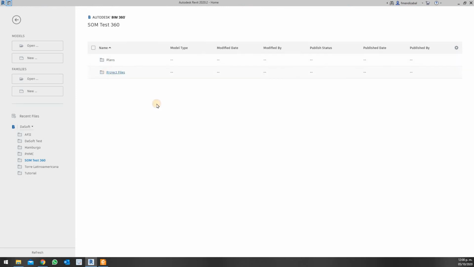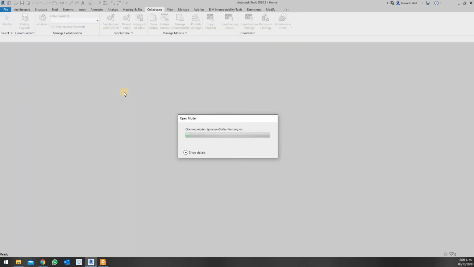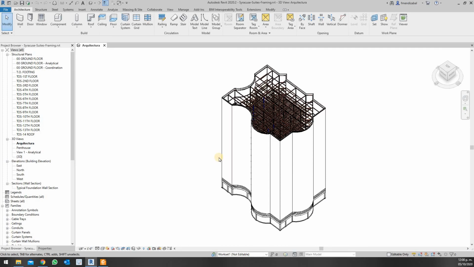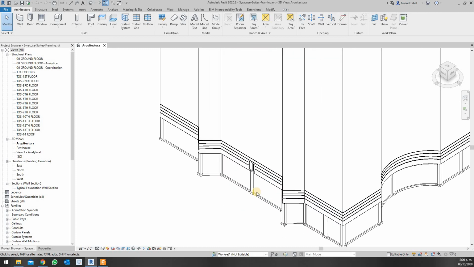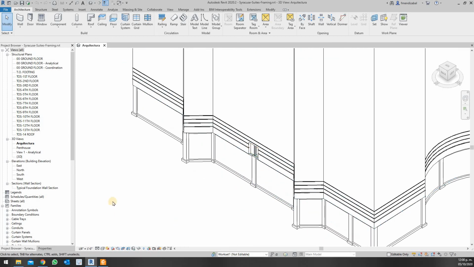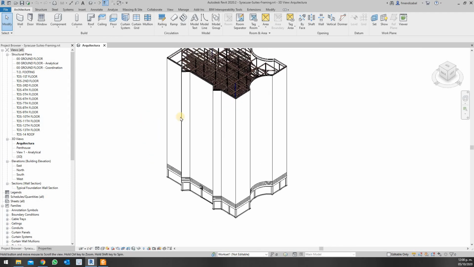I will open SOM on the project files, structural, this one that has been on the also there's an update available. So what that means is that we need a publish system. So okay, at this moment I'm going to be here. We can take a look to the SOM file that has only one door. Okay, and since we want to synchronize